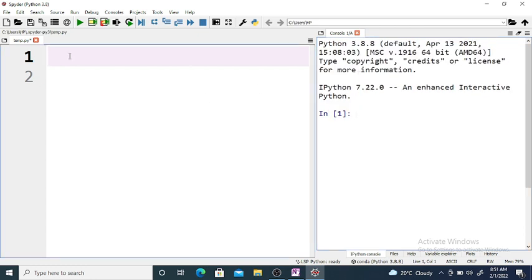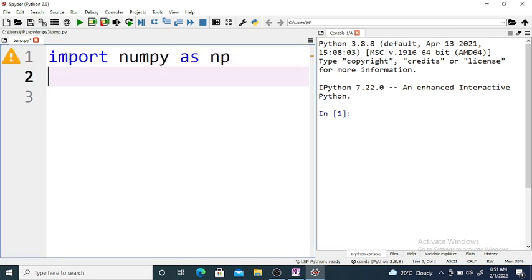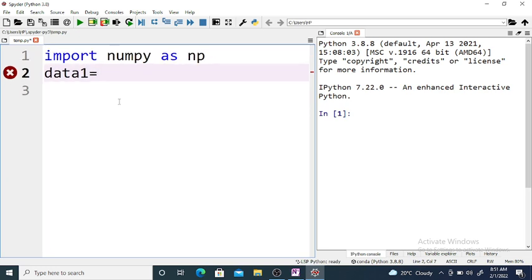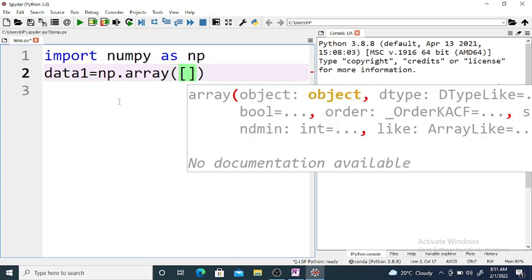first we want to import numpy as np. Now define the array, here data1 is equal to np.array. It is a function to which we can pass a tuple or list to create an array. So say 1 2 3,